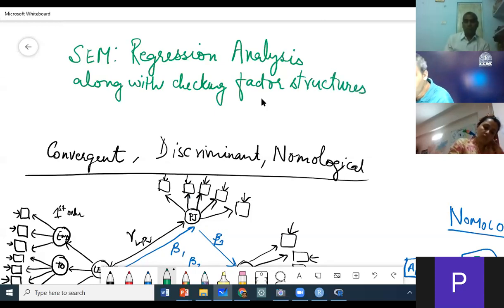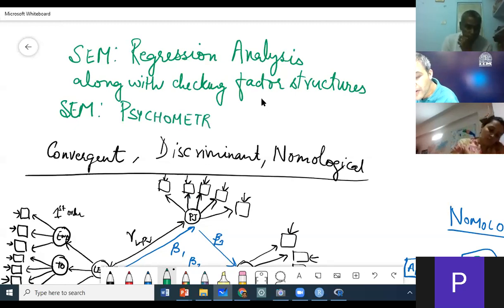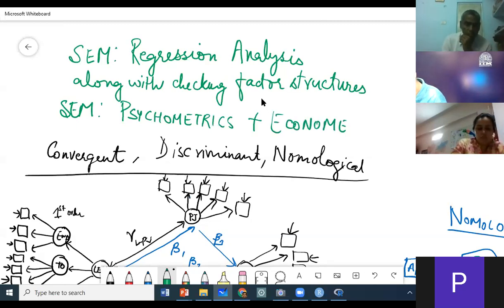So structural equation modeling is a combination of psychometrics and econometrics.